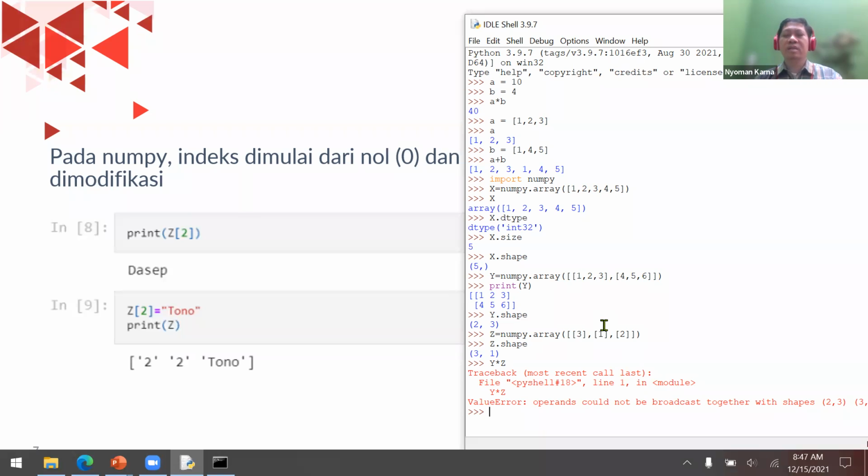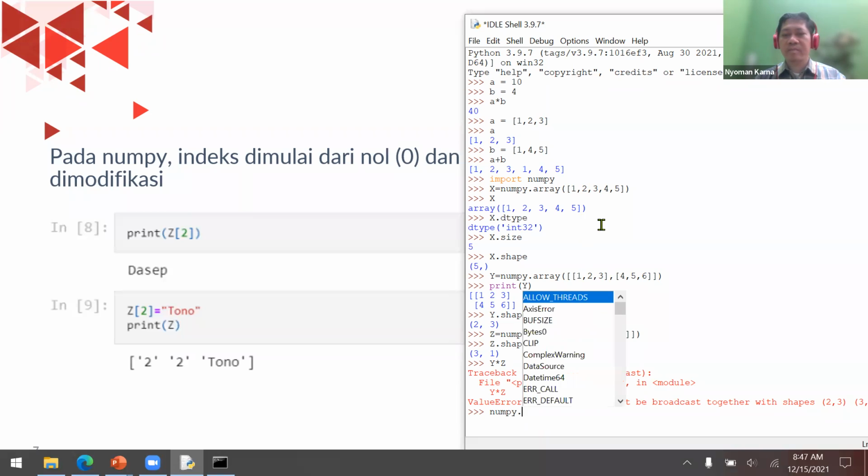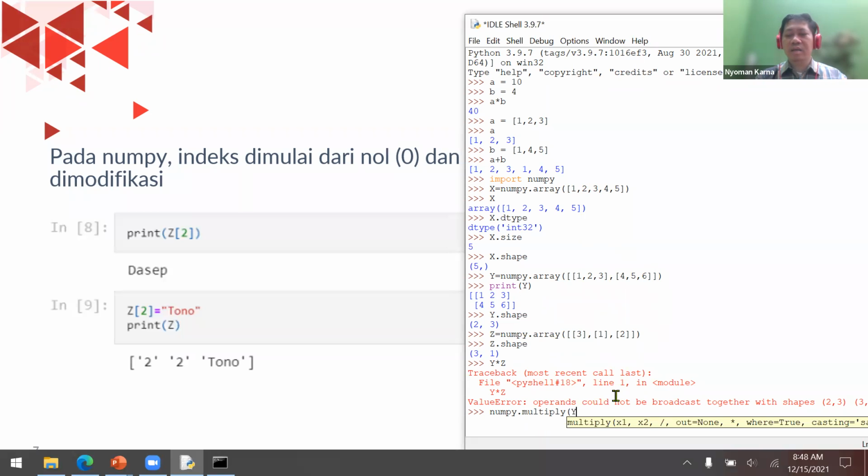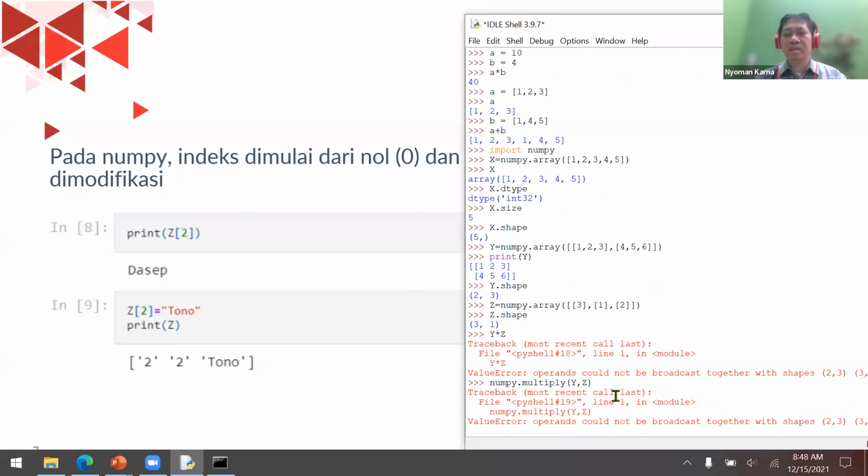So instead of using y times z, we can use numpy dot multiply, and then y and z.